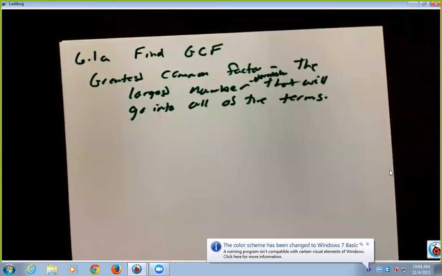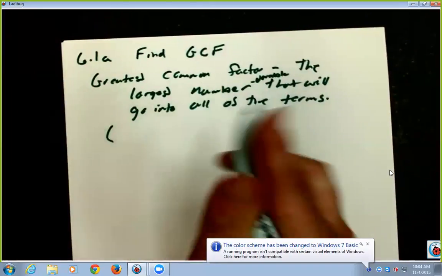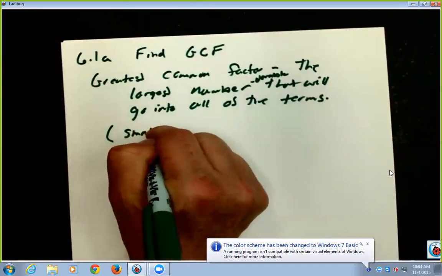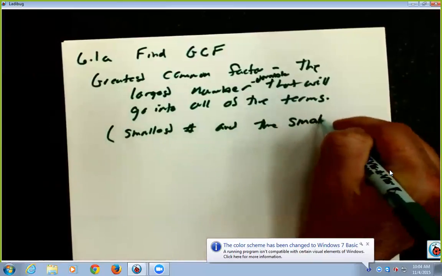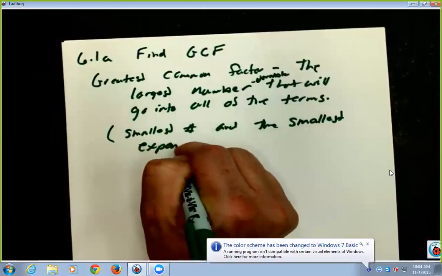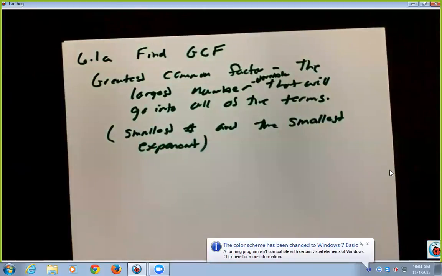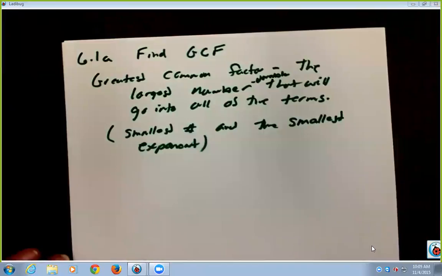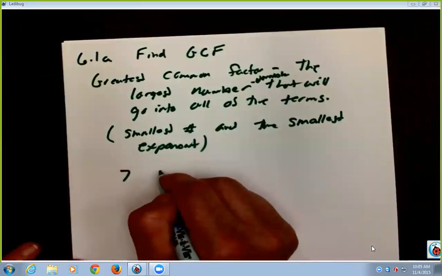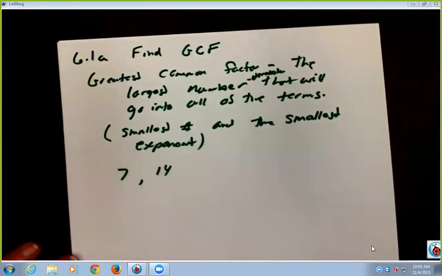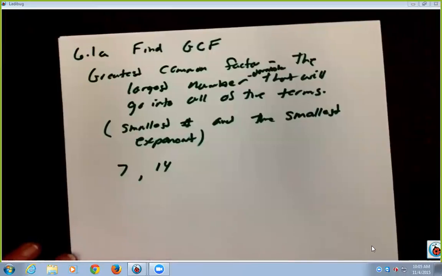Now I know that makes you think big numbers, like I'm going to get a gigantic, great, big, huge thing. But it's kind of deceiving, because it says greatest common factor, but it's actually the smallest number and the smallest exponent. So we're going to look for the small things. If we look at 7 and 14,